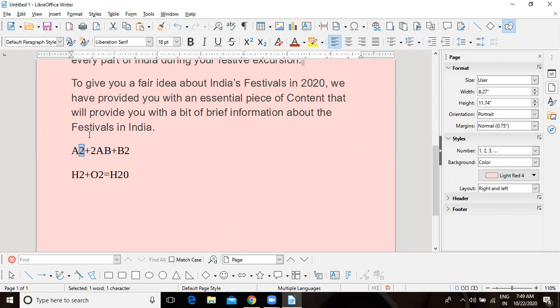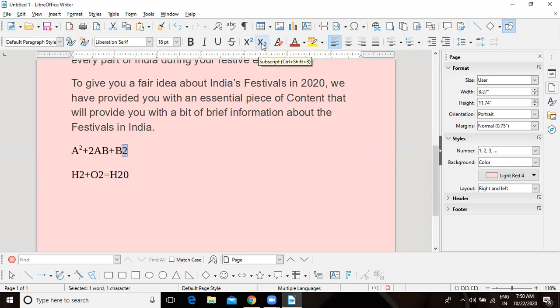So what I have to do is, I will select whatever I want to do it as a superscript. Whenever I want to place something above the baseline, it is known as, you can see on my cursor, it is known as superscript. On the toolbar here you can see we have the button for the superscript. Here I have done it. Now for 2, once again I will select it.